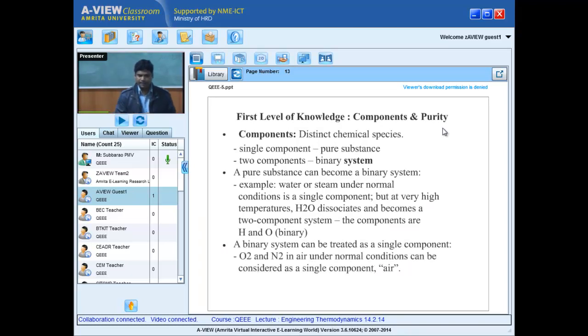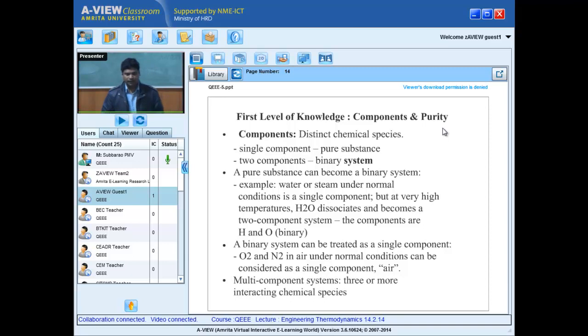This is the example, as I said, where we treat many cases of air. That's where we will try to observe. Suppose I have more than 3 components, then I say it is a multi-component system. Defining this system is very difficult. Most chemical engineers study thermodynamics at a higher level, because their systems are always multi-component, and within their system they are never pure.